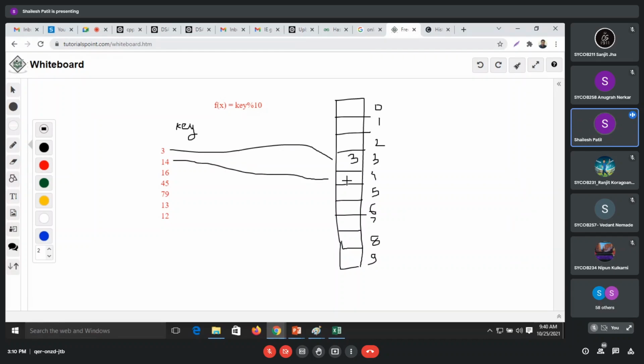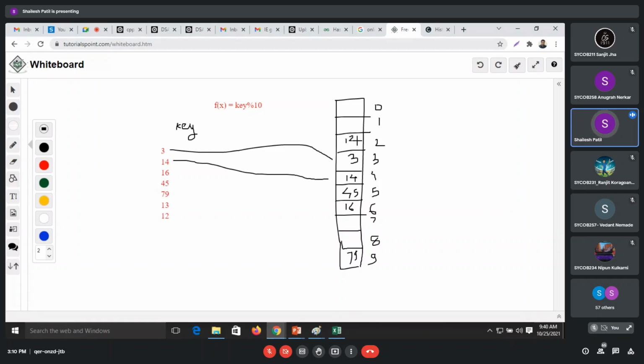Next 45 will be stored over here, then 16 will be stored over here, and so on. 79 will be over here, and 12 will be stored over here.